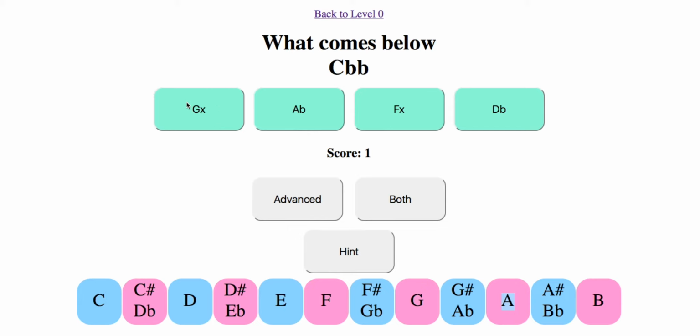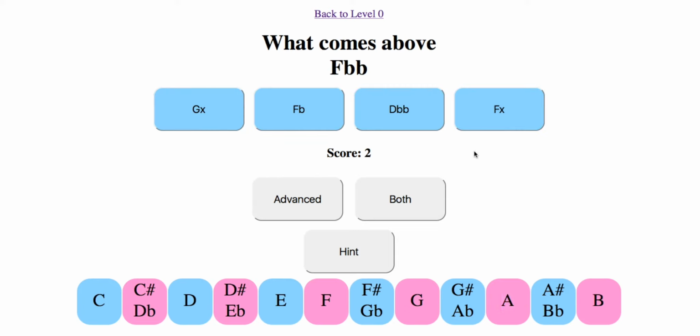Okay, so let's look at this G double sharp. If we take G, remember, we're trying to get to this note. So if we have the G, we go sharp twice. So here's one sharp, here's two sharps, and that's the note we need. Okay, so here is C double flat, again, C, flat, flat, and then we're going to go to the one below it, which is here, and then we go to G double sharp is the right answer. Okay, so we hit G double sharp.